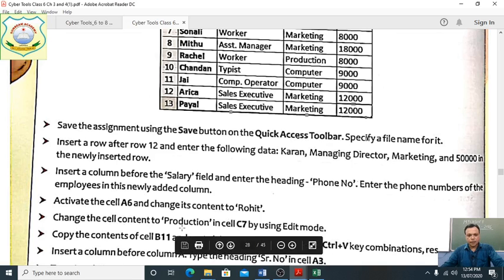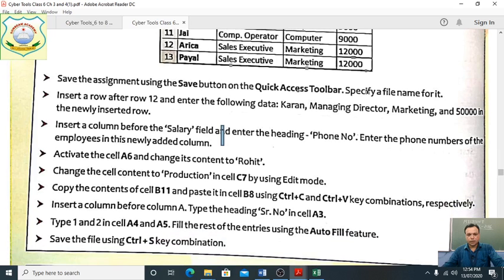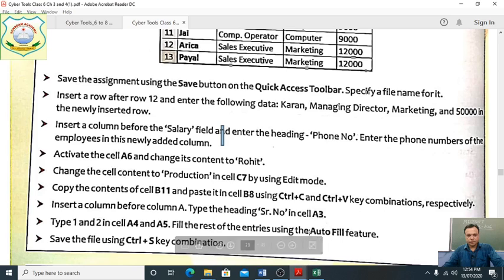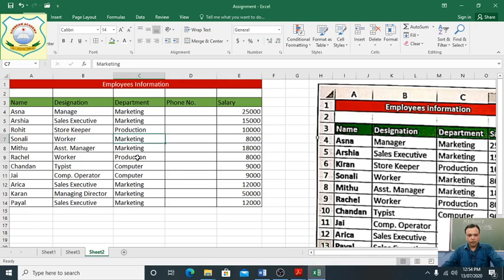change the cell content. Change the cell content to production in cell C7. C7, students. C and then 7 is here. What is it saying? C7, production we will write there. So what is written there? C7,